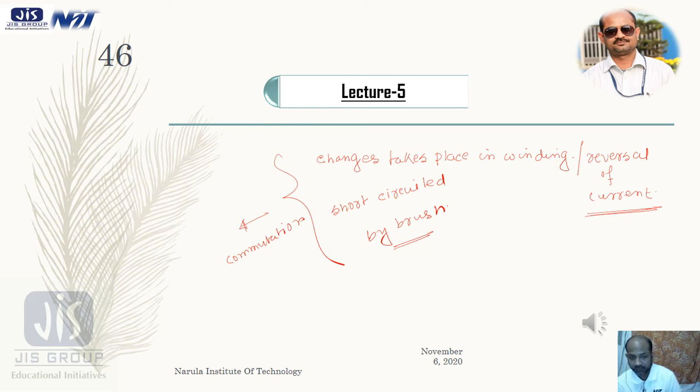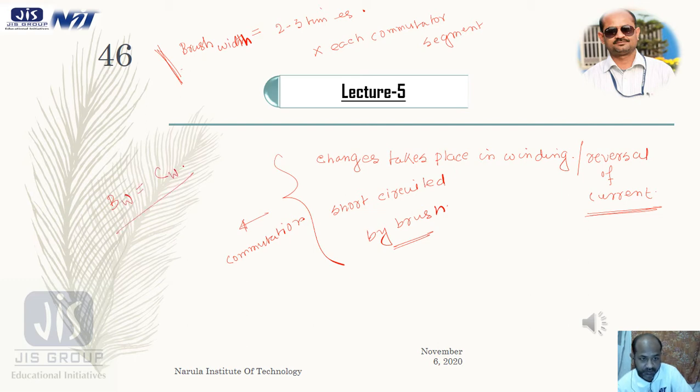Okay, now whenever I discuss this process of commutation, although the width of the brush is generally 2 to 3 times the width of each commutator segment, this is the practical scenario, during our discussion we will assume that the brush width is equal to the commutator segment width. Okay,